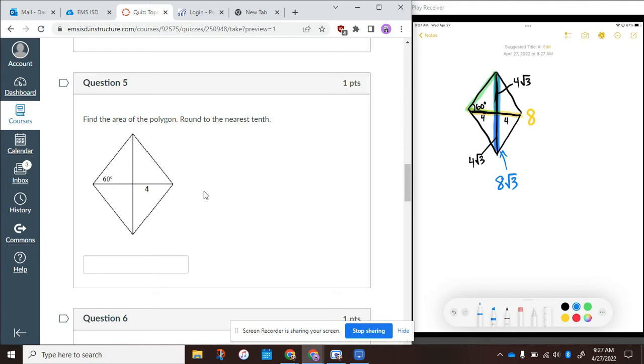So when we're dealing with this formula, the formula for a rhombus is the same as the formula for a kite. The area is equal to diagonal 1 times diagonal 2, divided by 2. So all we really have to do is take the two diagonals, our 8 and our 8 square root 3, and multiply those together and cut it in half. In the calculator, that's a very easy thing to do. All you got to do is 8 times 8, and then your second x squared gives you the square root. 8 times 8 square root 3, that'll give you a number, and then you divide it by 2. And that gives us a total of